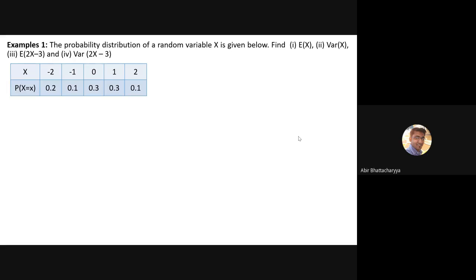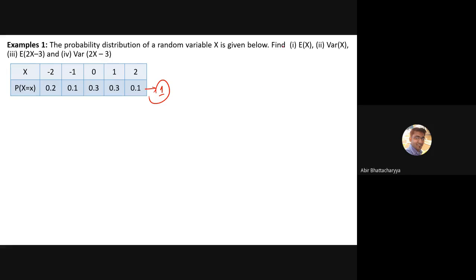Now, a probability distribution function is given to you, and there are a few things you have to find from it. Before starting, first you have to check whether it's a PMF or not. How to check whether it's a PMF? If I add the probabilities, I will get 1. If I'm not getting 1, then it's not a PMF, and we cannot proceed further. So first things first, we check it. If I add them, I get 1 definitely, so it's a PMF, since the addition of all these probabilities equals 1.